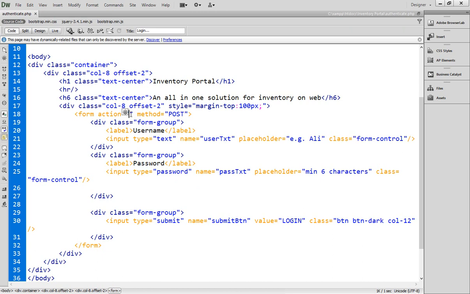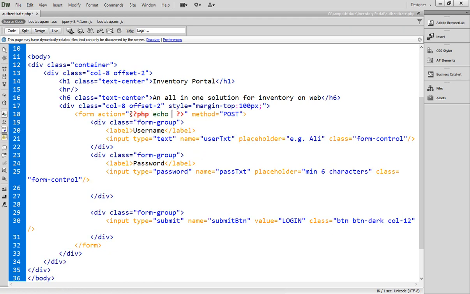That means that there is no script. But if you wish to specify the script, then you can simply specify the PHP environment variable that helps you get the script name when you are dealing with the form. In order to get the script name, let me write here PHP